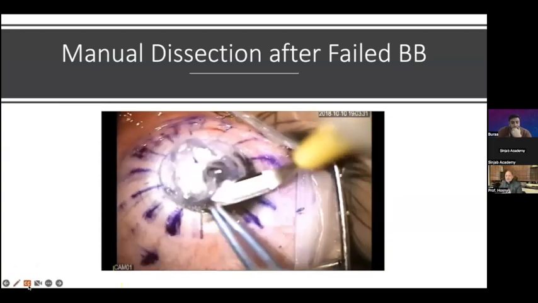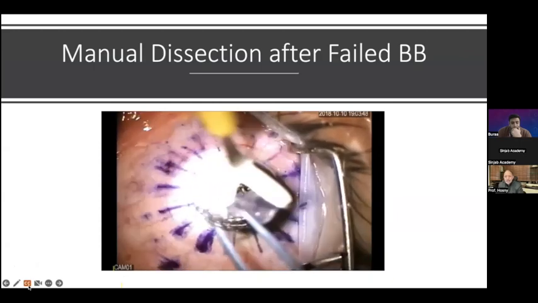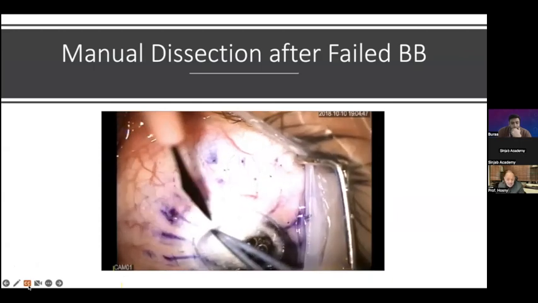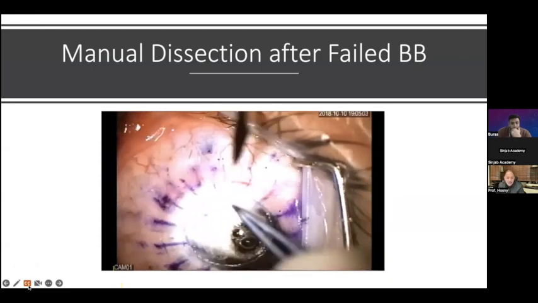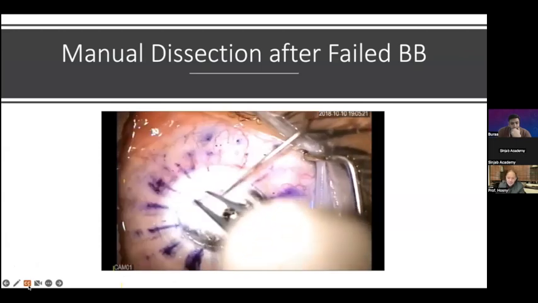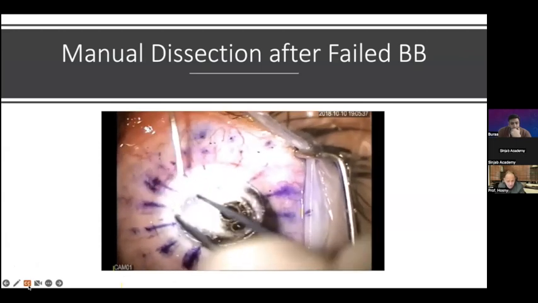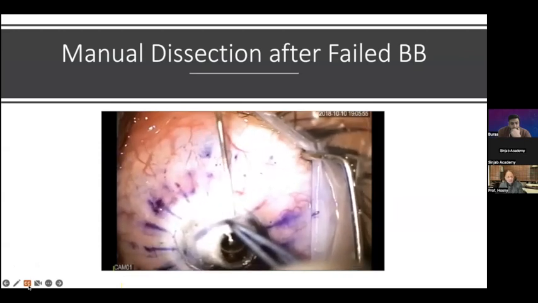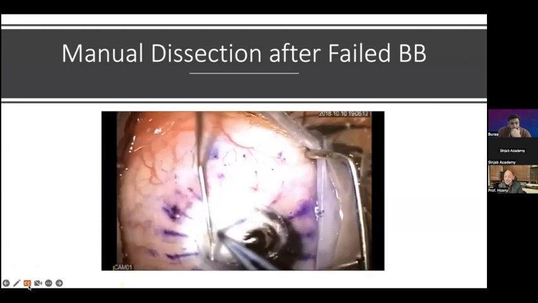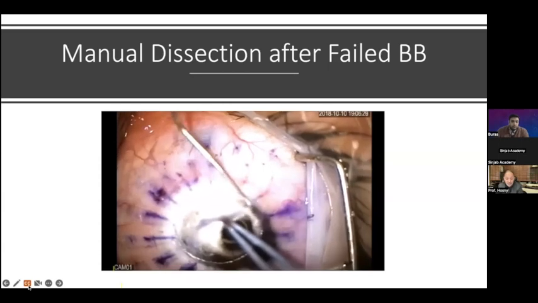Again, this is a video of one of my colleagues, and it shows that you can dissect the corneal stroma without the need of the air bubble. He tried to get the air bubble. This was a manual DALK, of course, not a femtosecond laser. Again, he is using a trisector in this case,